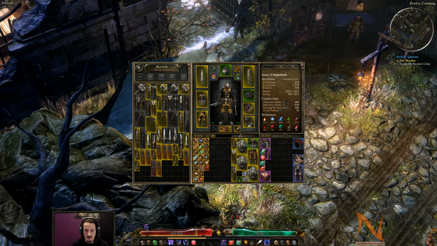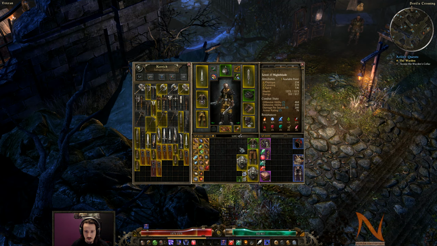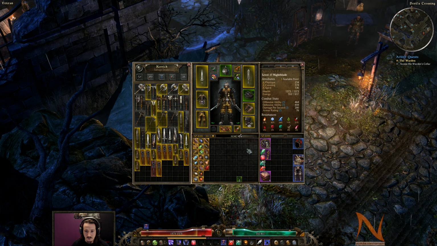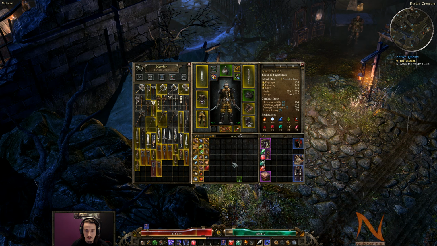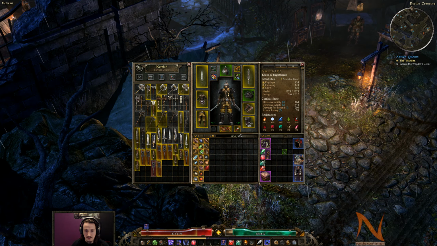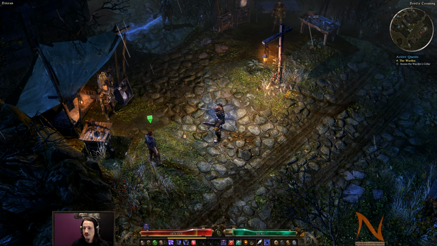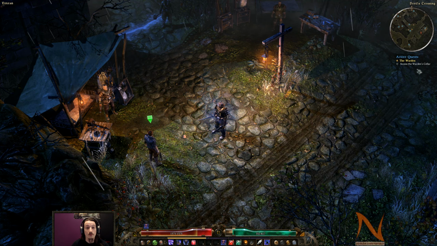So let's sell things. I'm actually gonna hold on to that amulet. It was pretty decent as starter gear. So let's keep that done. I'm just gonna stash everything else. And then, well, next episode we're gonna look for the Warden's